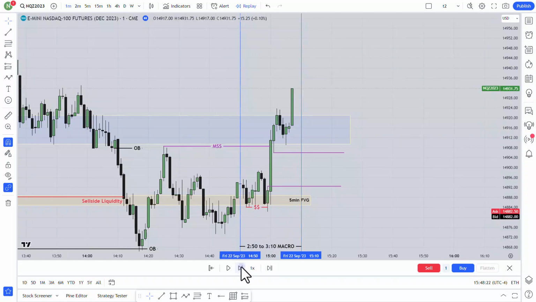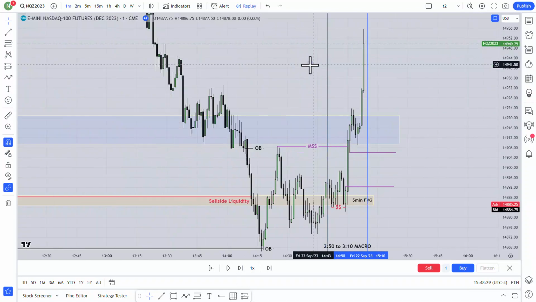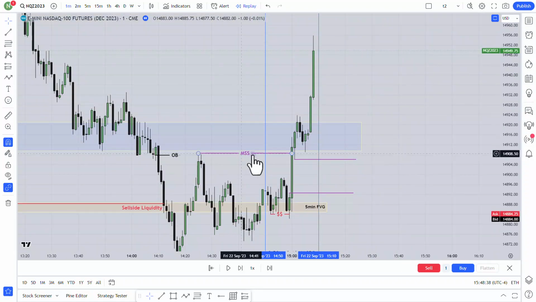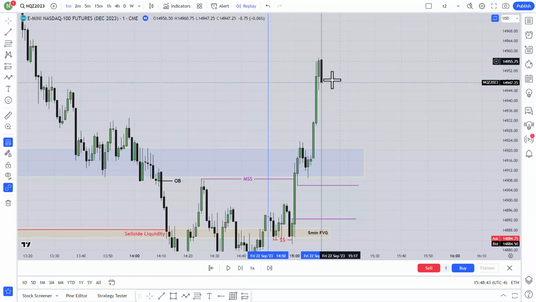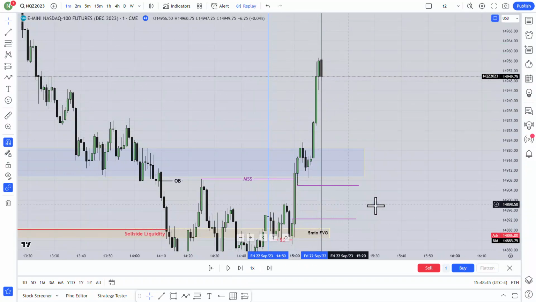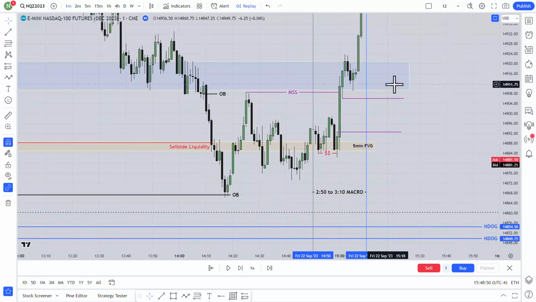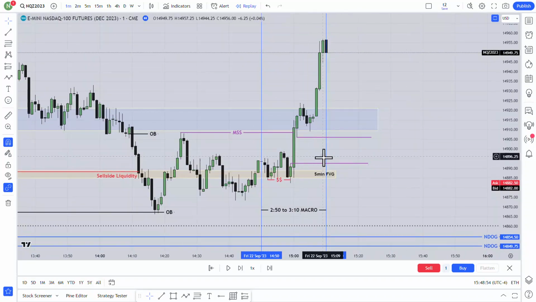So I was waiting, and then boom, price just went above and the next candle above there. So it actually cleared all of this liquidity from here, the liquidity, the imbalance, if you see this, and it traded over here. So actually I missed this trade, and the session has already closed. I mean the macro 250 to 310 macro, it closed over here. So I missed it. Yeah, sometimes the market won't give you any chance to take entry, but overall this is the